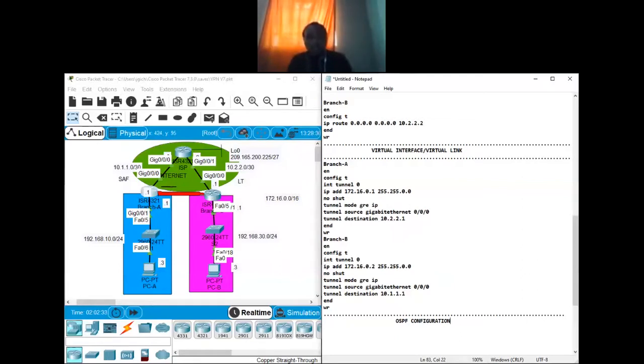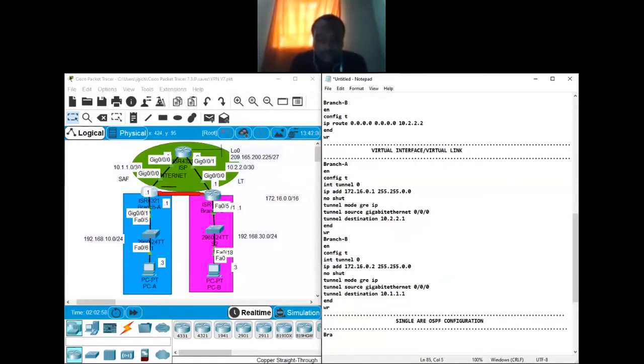Our pipe doesn't really say how many equipments are inside the pipe. It's just a link from branch A to branch B. So, OSPF configuration, to be specific, single area OSPF configuration, because it's a small topology that requires only single area OSPF.